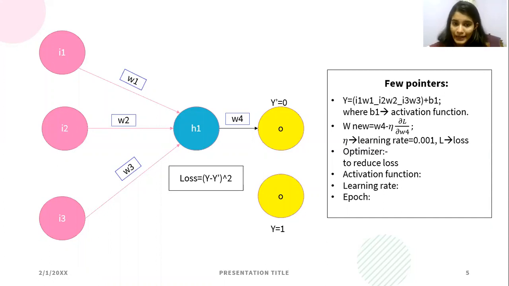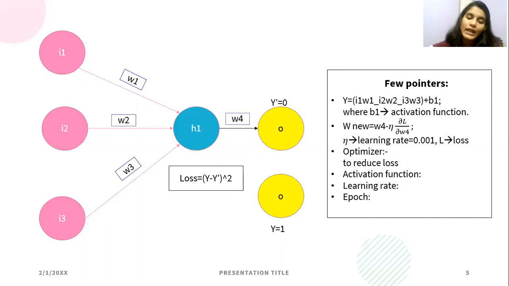So we have to go back and adjust the weights here, that is W1, W2, and W3, in such a way that for this model, my predicted output should be 1. So for that, we define the loss function, and it should be reduced such that y dash equals y. Meaning we have to update the weights in such a way that the loss value is also minimum. This can be done by using an optimizer, like, as I explained, gradient descent, or even stochastic gradient descent, and there are many more.